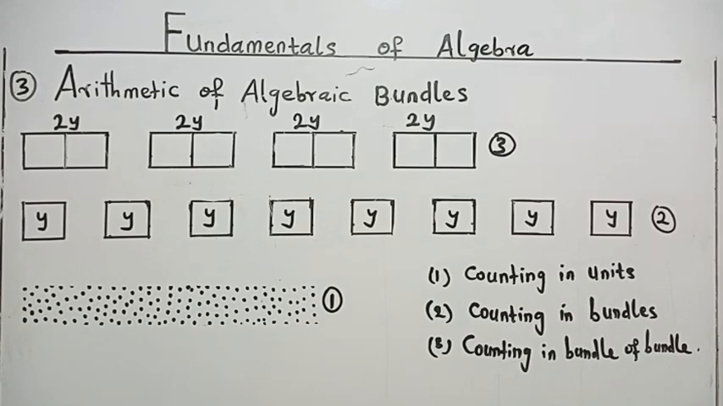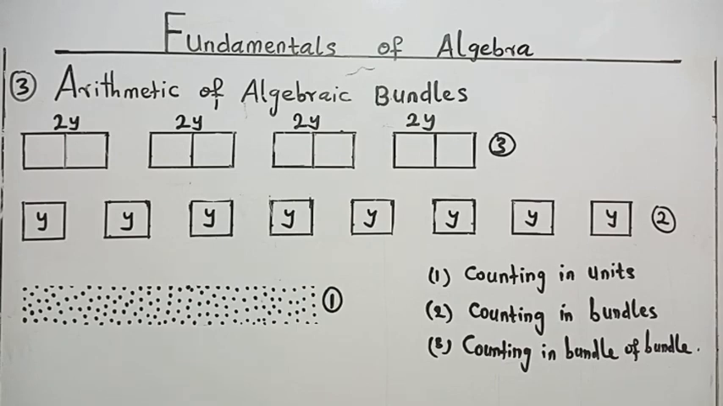Under arithmetic of algebraic bundles, we seek to learn how to get and count in bundles and in bundle of bundles, since counting in units is an age-long process that we know, especially in basic arithmetic. It is these two we are concerned with: counting in bundles and counting in bundle of bundles. Arithmetic involves 4 basic mathematical operations. We call that they include addition, subtraction,